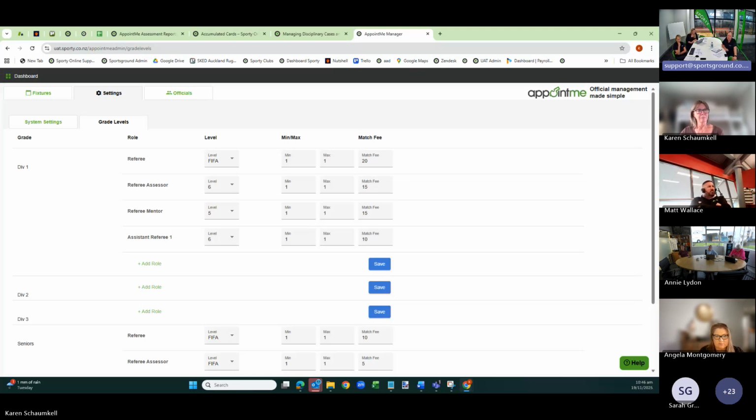What we'll be talking about is that by having individual grades set for a certain level of referee or referee assessor to be involved with that grade, we're also able to set those levels against corresponding referees, so that in your Appoint Me view, it makes it easy for you to see just those referees that are, in your view, at the correct level for that particular fixture in that grade. So it's a convenience measure to make it easier to ensure that you are appointing the correct refs to the correct level of fixtures.